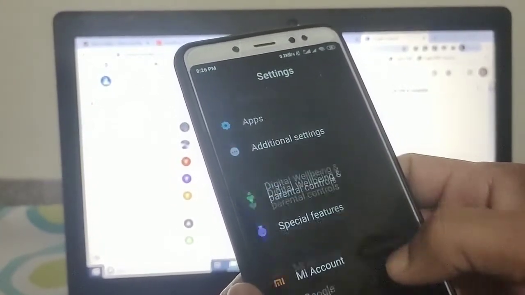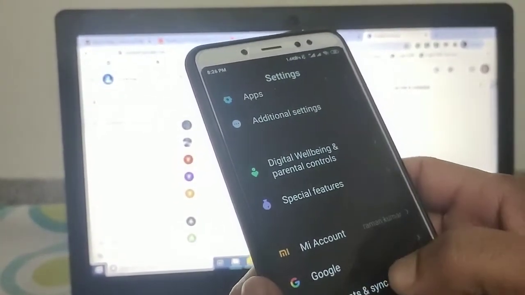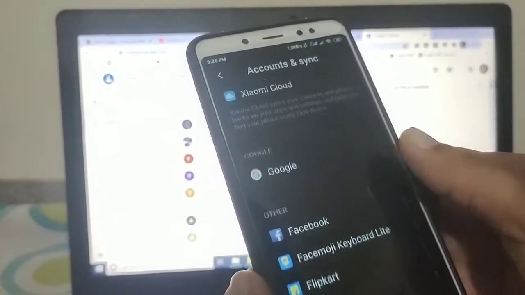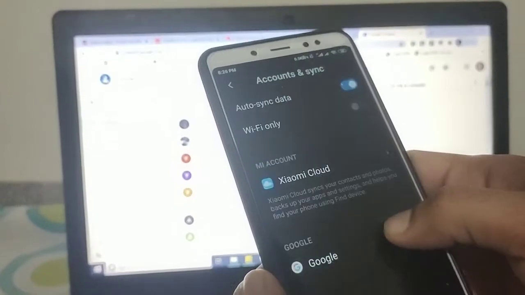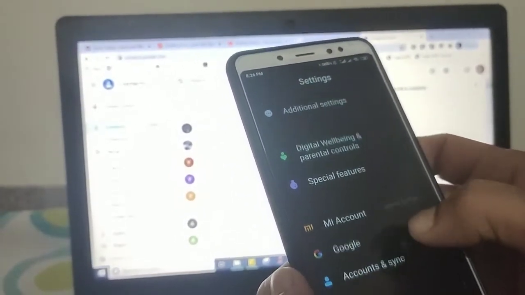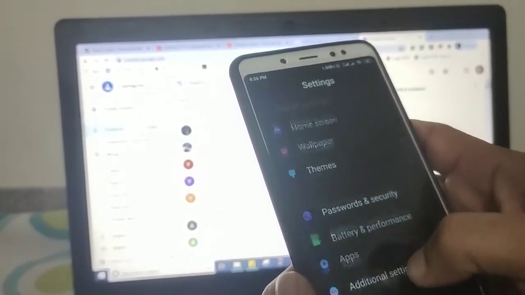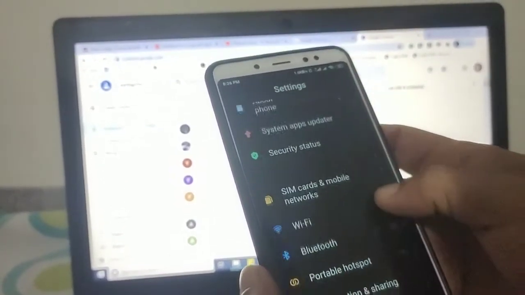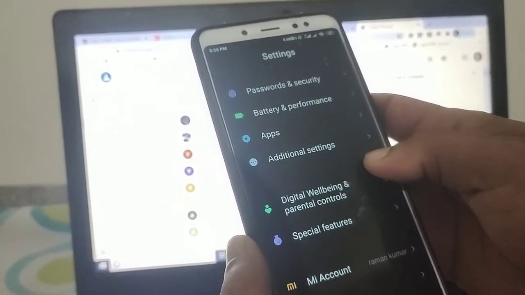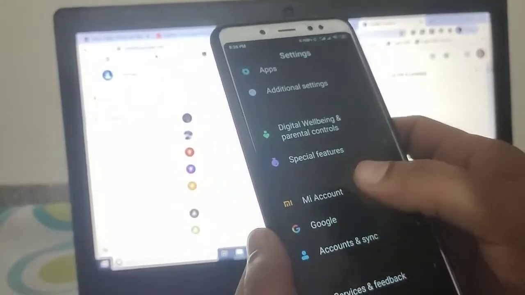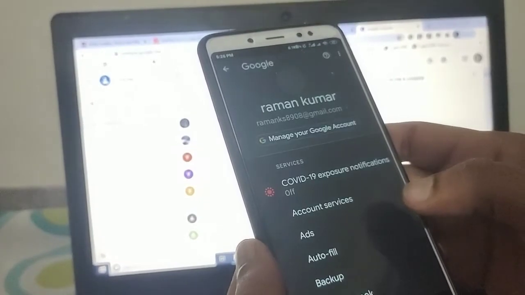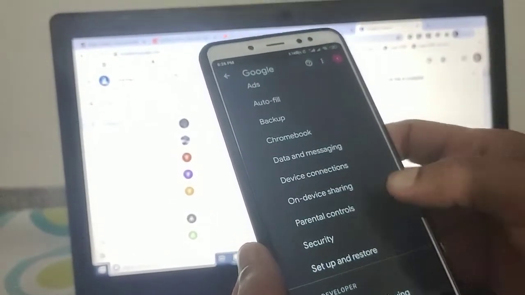What you need to do is go to the phone settings and then to Accounts. I have already added a Google account here.